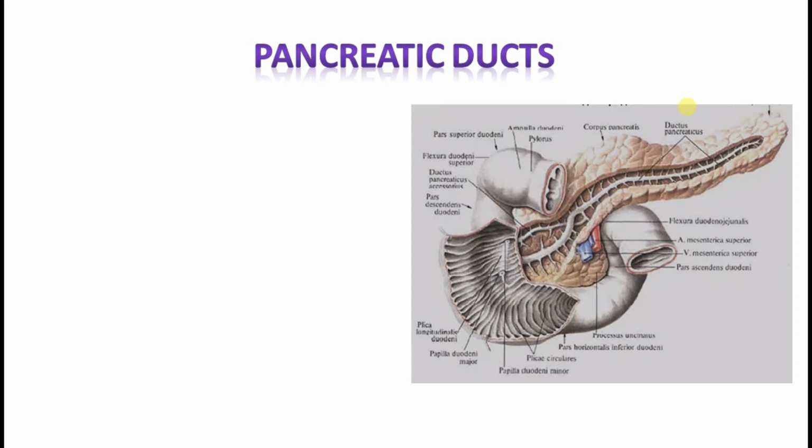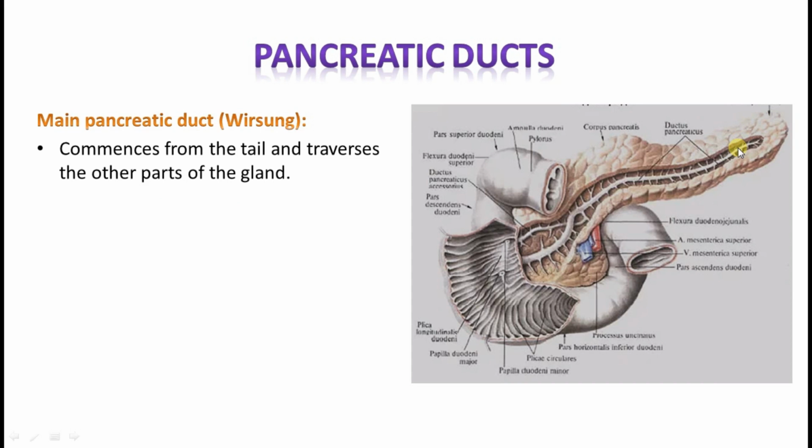Now pancreatic ducts. The main pancreatic duct usually starts from the left end near the tail. At regular intervals it receives small ducts throughout its extent, and that pattern is called the herringbone pattern. Smaller ducts are received at regular intervals. So the main duct starts from the tail and passes through the body, neck, and naturally is going to come to the head,